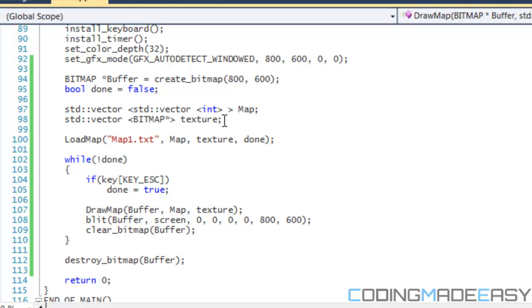All we need to do is put std::vector, and we need to make the vector of type bitmap pointer. Don't forget the asterisk there. Sorry, I can't really say that word properly. And we need to name it texture, and we added a new parameter there, so we just need to put texture there and put the word texture there, and our program should run effectively and efficiently. So if we press F5 to run our program,